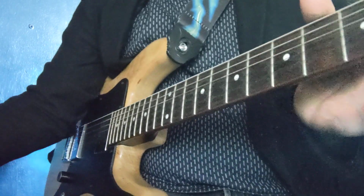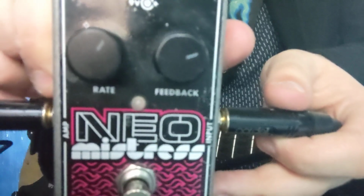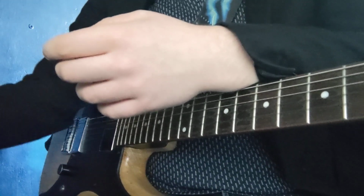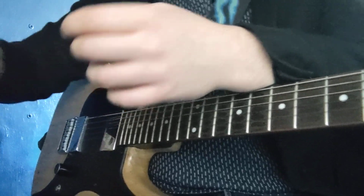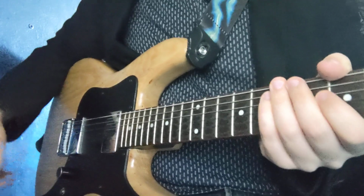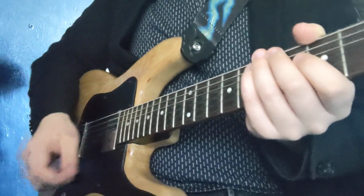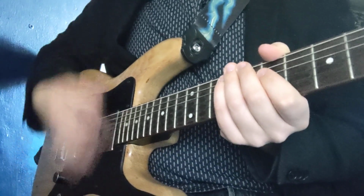And I use, for this sort of tone, I use these sort of settings. And you'll see why. So, the feedback creates the metallic sort of twang, and the rate sort of creates the flanging sort of sound. I don't really know how to describe it. I know I'm not very technical with all this, but if I just play the rhythm of this strumming, which is...